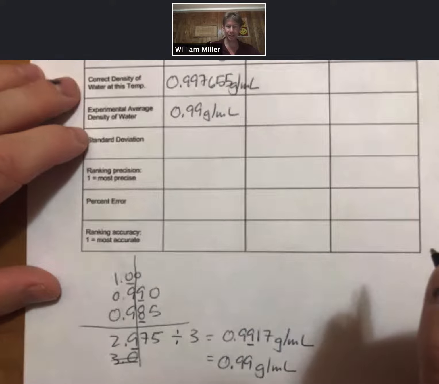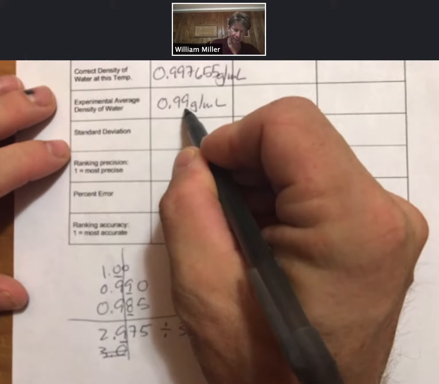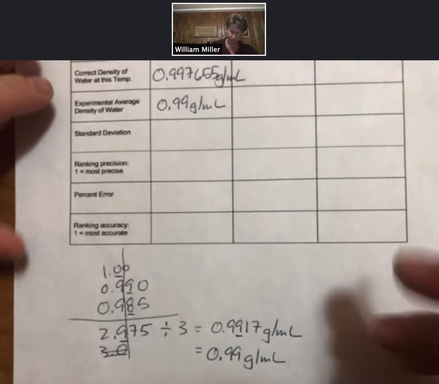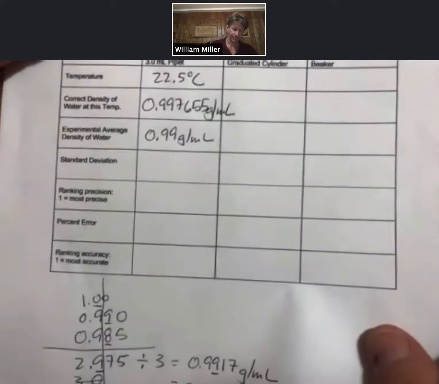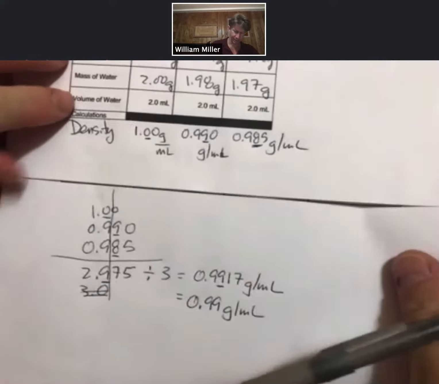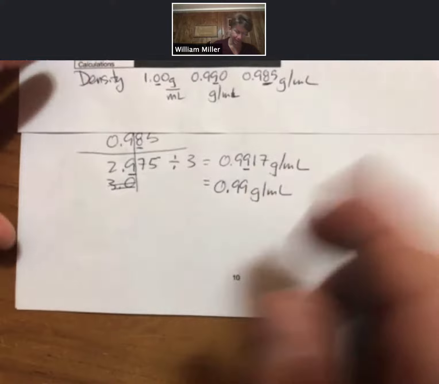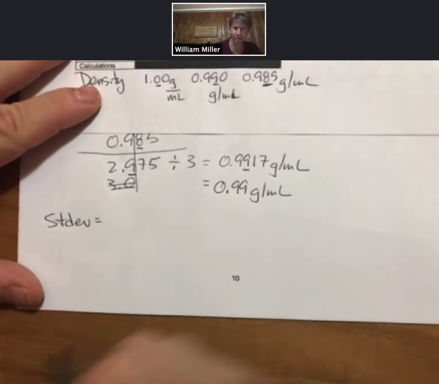Now the standard deviation calculation is going to take the average value minus each of the individual values, and take the square of those. Let's go ahead and go over that. So for my standard deviation, I've got my average value of 0.99, and I've got each of my other values. So the standard deviation is going to be equal to, and I'll put my square root symbol in a minute,